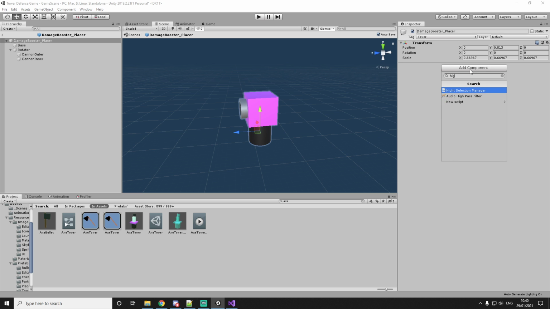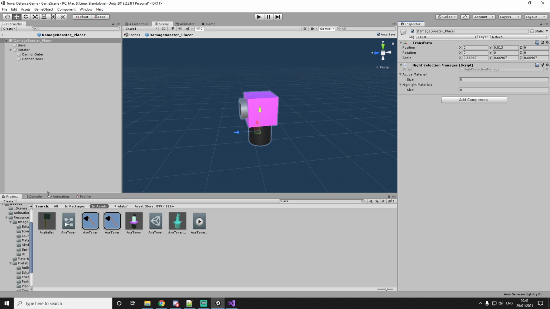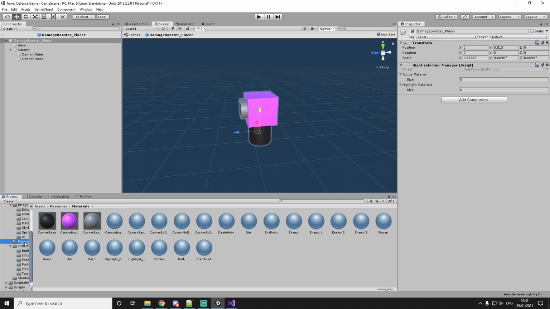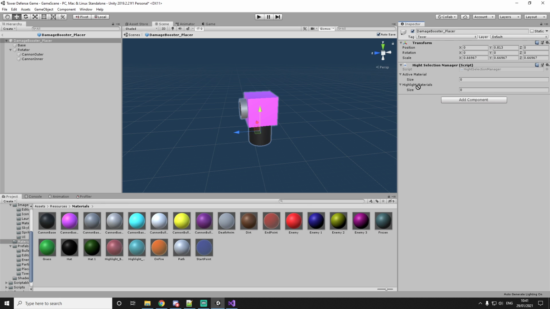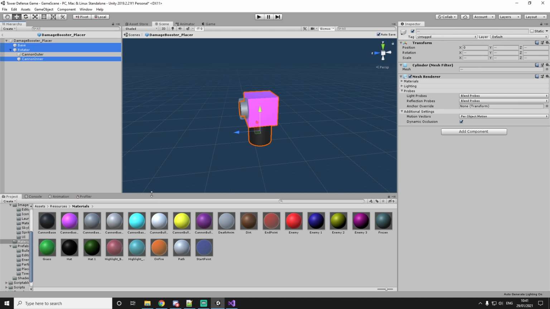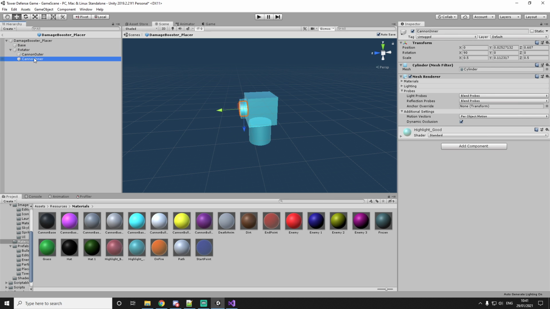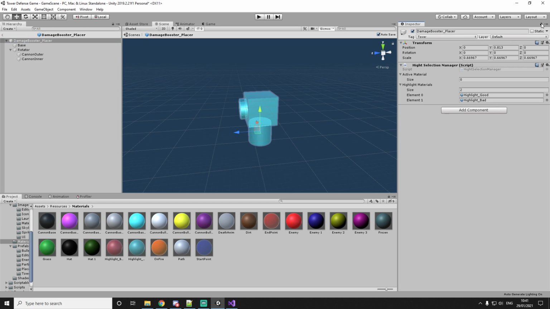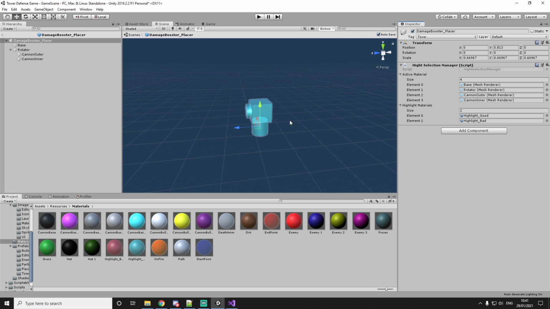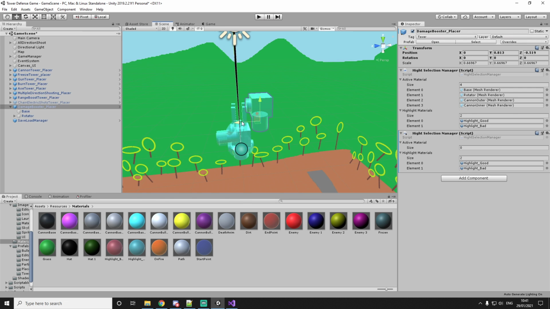And then we want to add in the highlight selection. Go into materials, attach the good highlight, bad highlight. I'm actually just going to select every part of this and drag the color in. Wait, do all of them have? Yeah, they do. And now let's drag in every part that has a material. Could just drag it together, but whatever. There we go. And that's our damage booster tower